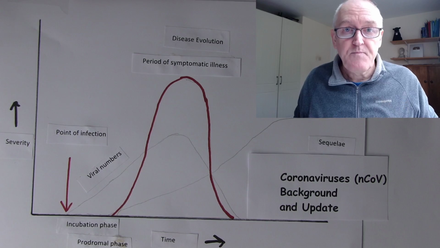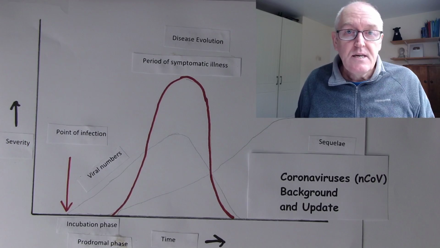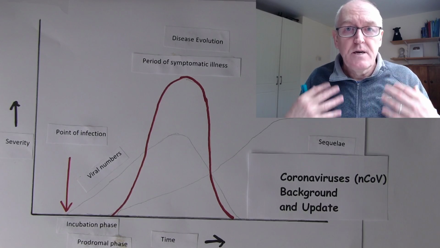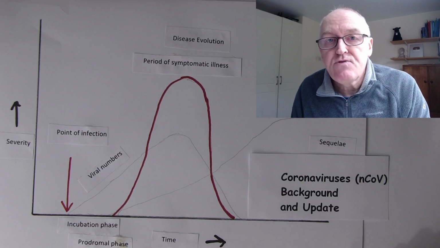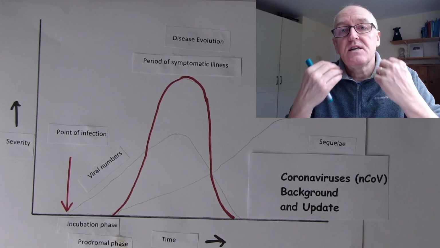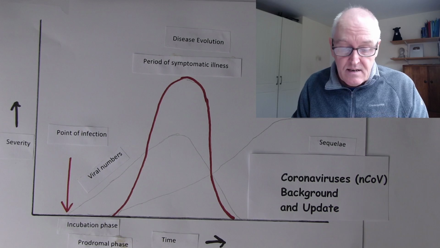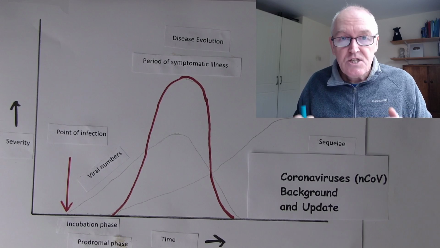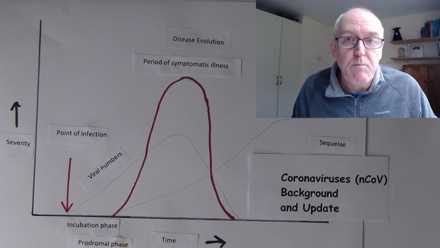They're in the mucus. That means you can cough it up, sneeze it out, splutter it all over the place, because it's in the respiratory mucosa. And of course, when we breathe in, the air is relatively dry, and when we breathe out, the air is relatively moist because we moisten the air. The nose, for example, moistens the air as it goes in. So the air we're breathing out is relatively moist, and it's going to contain quite a lot of water. And the viral particles will stick to these small droplets of water in our exhaled air. That's why it's called a droplet infection.